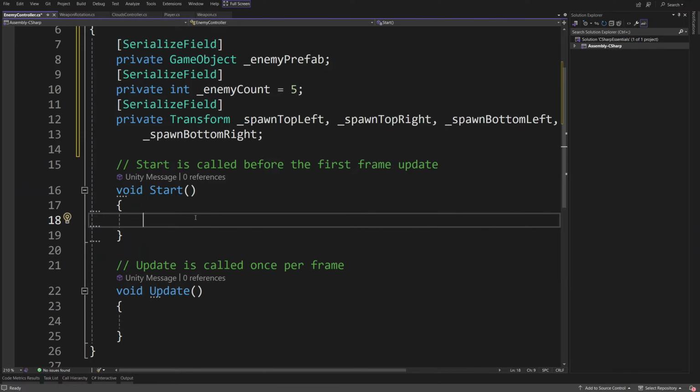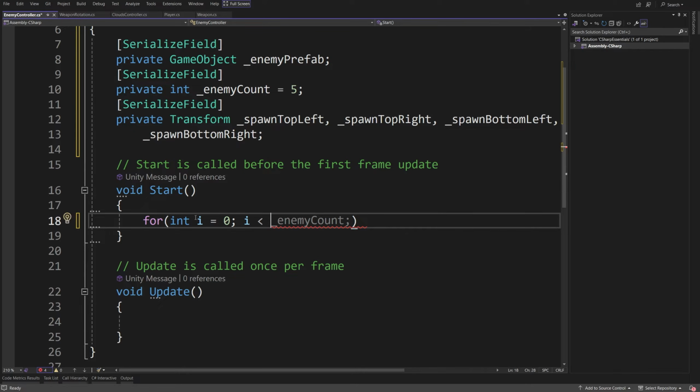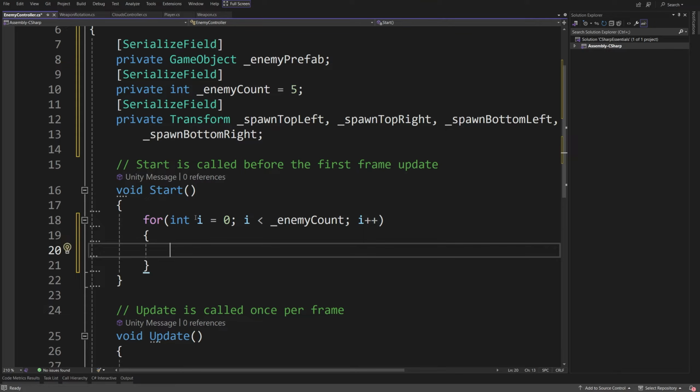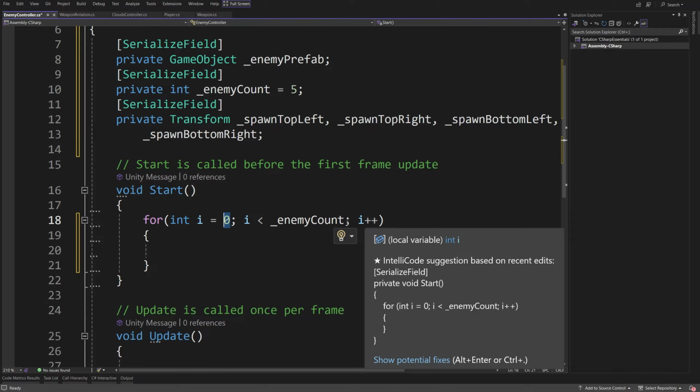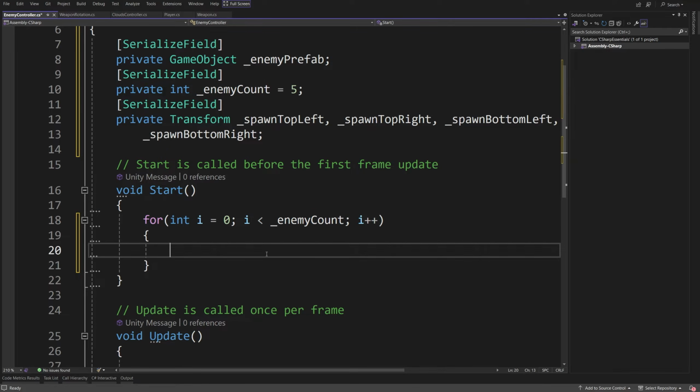Okay, I hope that you said for loop, because we need to type for, open parentheses, and we are going to type int i = 0, and we are going to iterate until i is less than enemy count. And we are going to use i++ as the third parameter of our for loop, open the curly brackets, and this is how we can iterate over values from 0 to 5, less than 5, so we are not going to take 5 into account. Great. Now what we need to do here is we are going to call